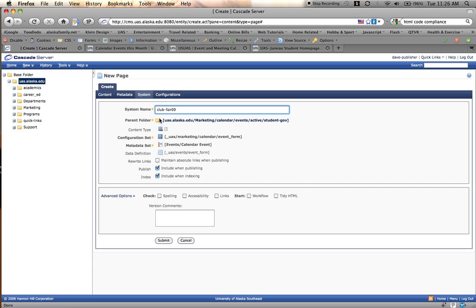club-fair-09, and that way when we save this and if we need to go back in and re-edit it, we'll be able to find it, because by default it would give it Club 1, Club 2, Club 3, and then you'd have to open up all those files to be able to edit it. Now we're going to hit submit,